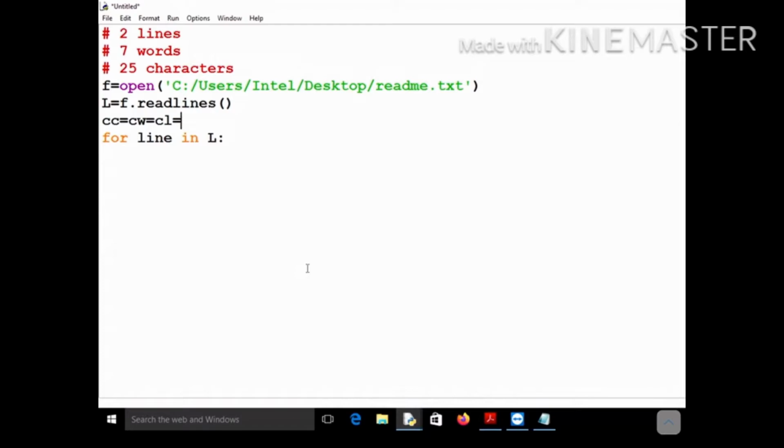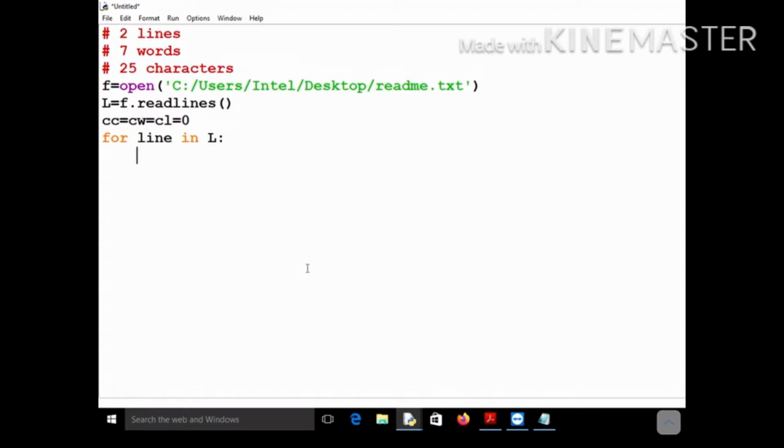So I am taking 3 variables, and all of them will be 0 initially. There are no characters, no words, no lines, so I am initializing them with the value 0. These 3 variables will be used to store your count of characters, words, and lines, and initially they all will be 0.